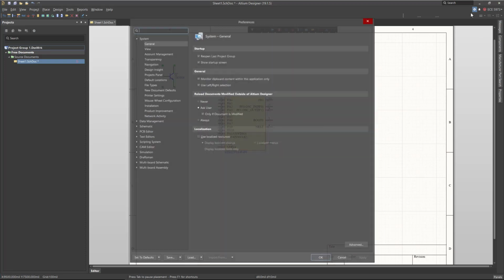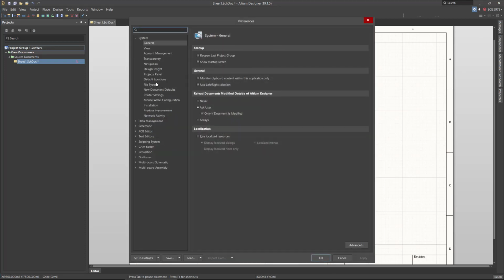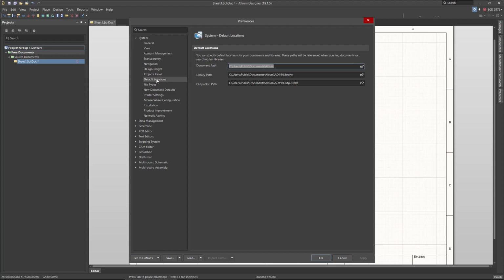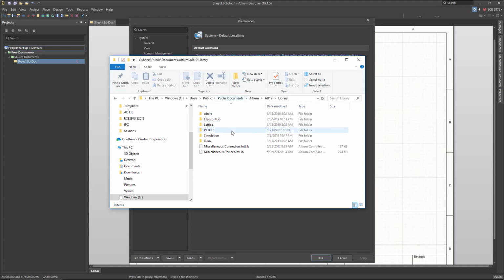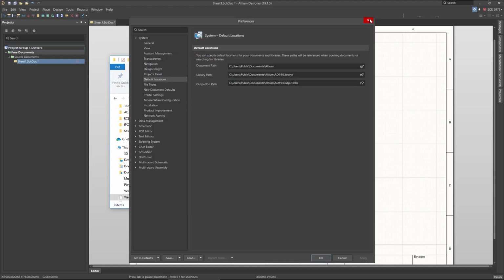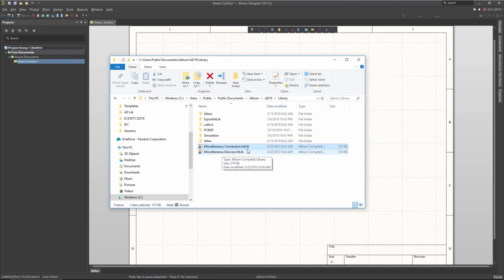Basically, you can go to the settings, and in the system settings, you go to the default locations in here. So document path, library path, you copy this, and then go to the Explorer or browser, and you can browse into the folder. And here you can see that this is the first one and this is the second one. Now let me show you what happens when we edit, for instance, this one. If you just drag and drop or open it,